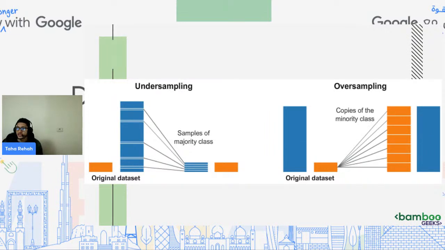Undersampling is getting down the biggest class to be equal to the minority class. If I have a majority class that contains 1000 rows, and a minority class that only contains 100, undersampling is making the 1000 class equal to 100. In this way I will have two equal classes, each one contains 100, and they are equal. So there is no imbalance here. This is the first case, which is called undersampling.